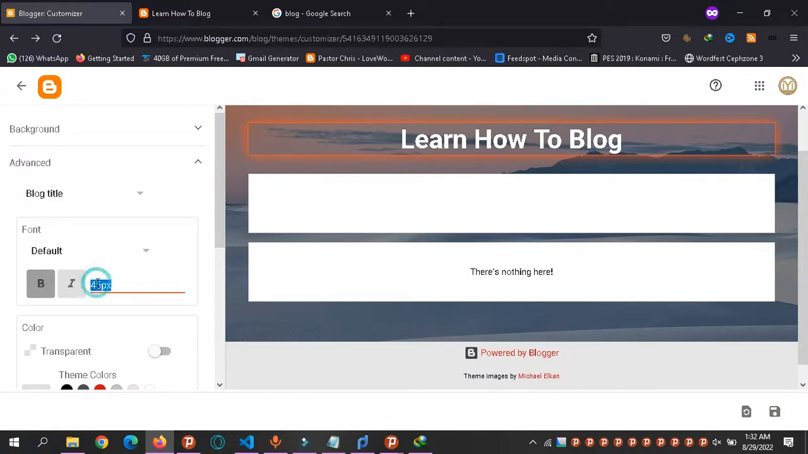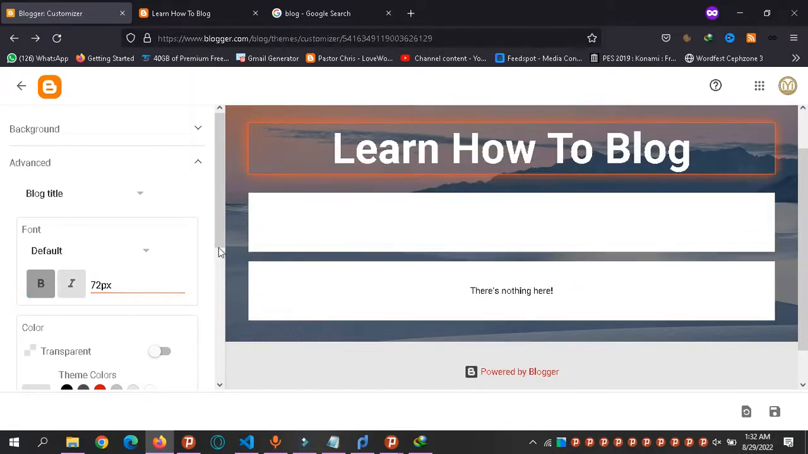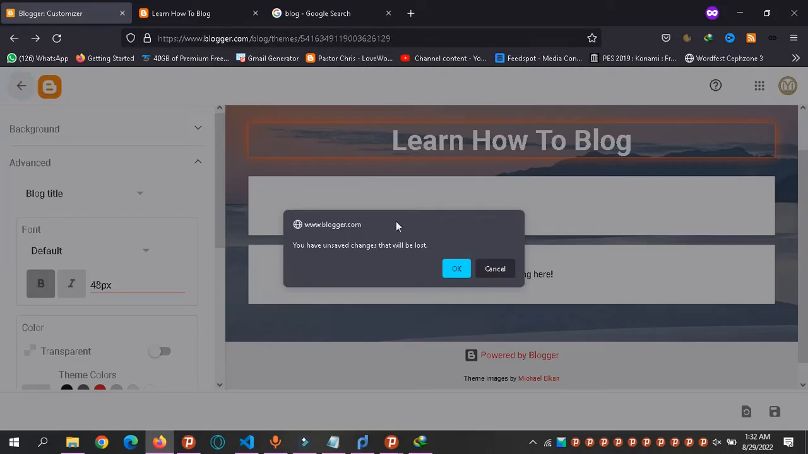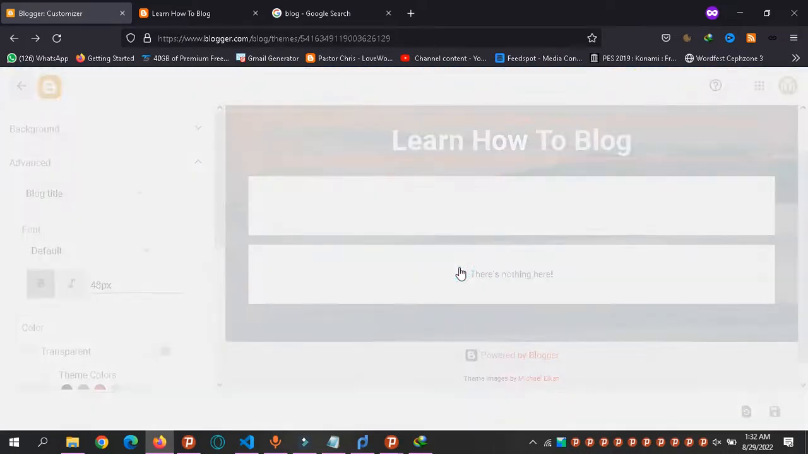Let's say I increase this to 72. See, it's bigger now. Say 48. Take away, and it's smaller now. So this is where you increase that. So I'm going to take you back, and yes,